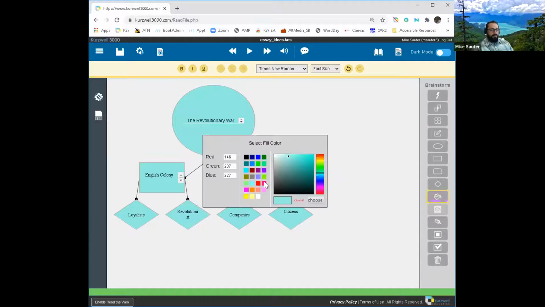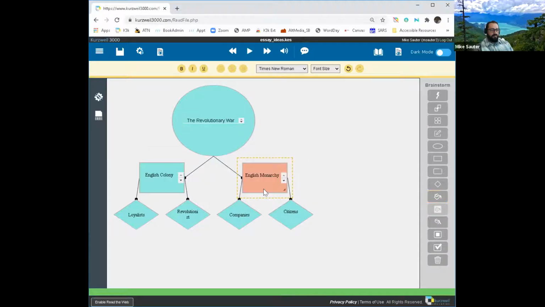Let's see if we can use the fill color to change the color of each one of my shapes, which is kind of neat. You can also change the size of the font and the color of the font as well to help visualize the relationships. Okay.